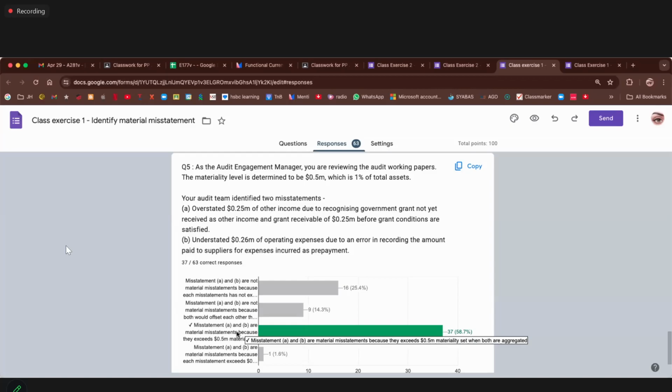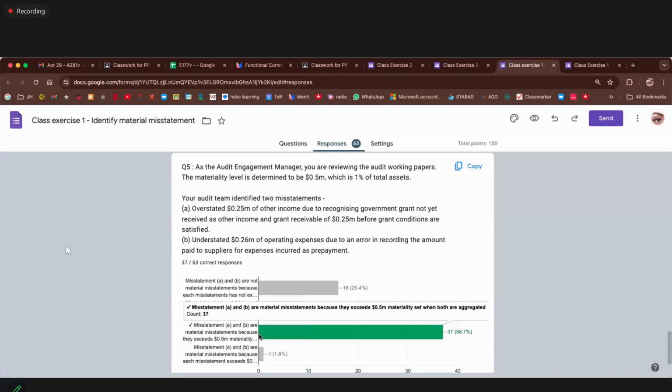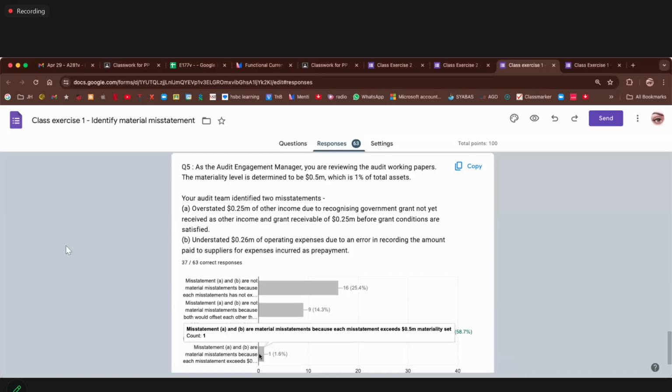And in the case study, they ask you, is this the uncorrected misstatement amount? So under this kind of circumstances, you need to look at the total for the whole class of transactions. You have to take a look at the total. Like in this case, the misstatements of A and B are considered as material misstatement because in total, they actually exceeded, all right? So when we are looking at materiality at financial statement level and all this, we usually aggregate it, we total it, and then we want to see how this will actually have an impact on the financial